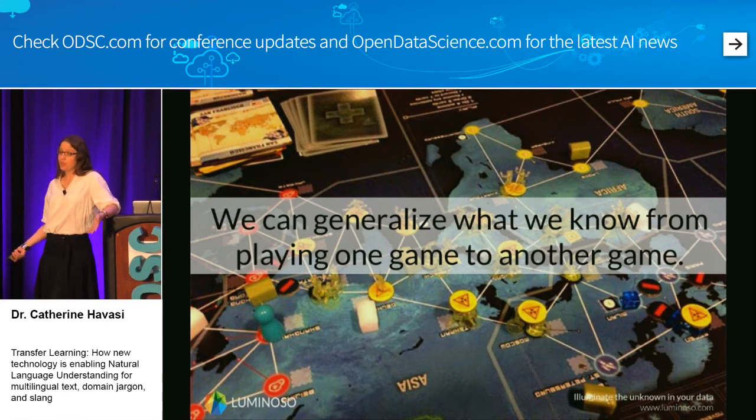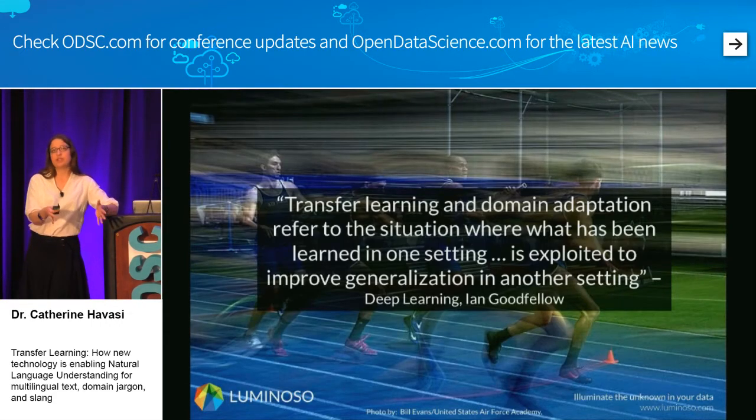And so that's sort of the principle behind transfer learning: can we take things we learned in one domain or in a general world and make them work across a couple other domains. So transfer learning and domain adaptation are very related. Transfer learning means we're taking something that was meant to do one thing and we're moving it into another domain. Domain adaptation is specifically the version of that where you're taking a very general system, like a general image classification system, and making it work for doing something like figuring out labels of cans for grocery stores, or for doing robotics and automatic shelf stocking and all that kind of stuff.